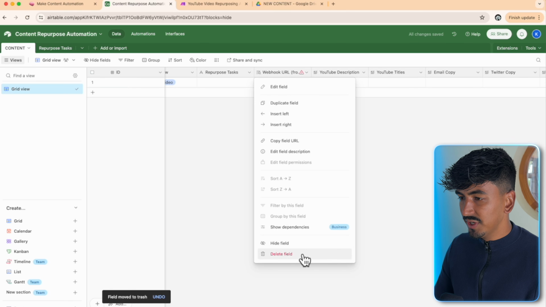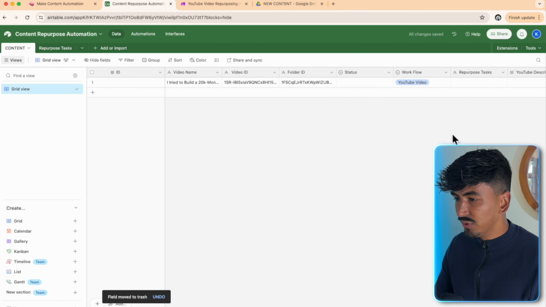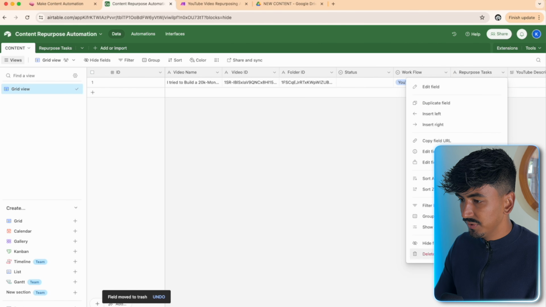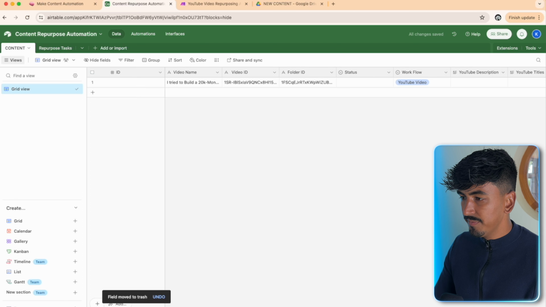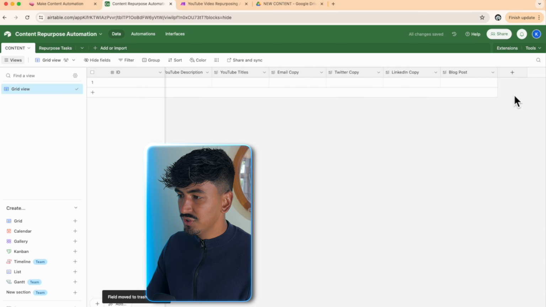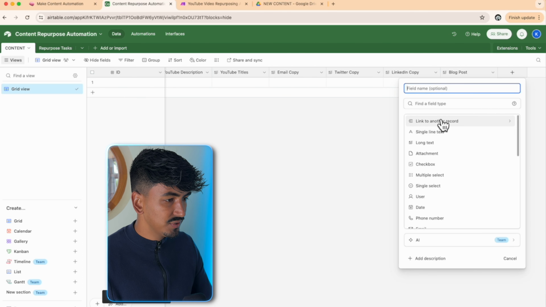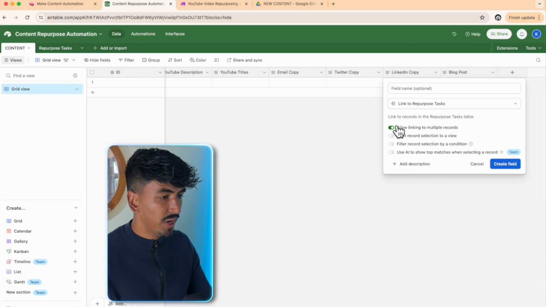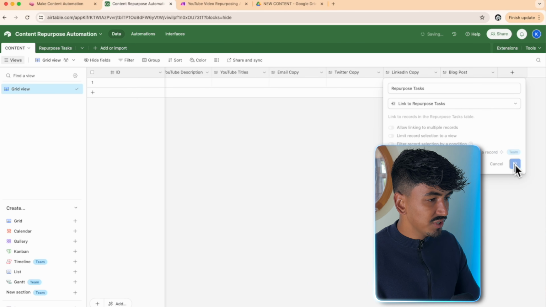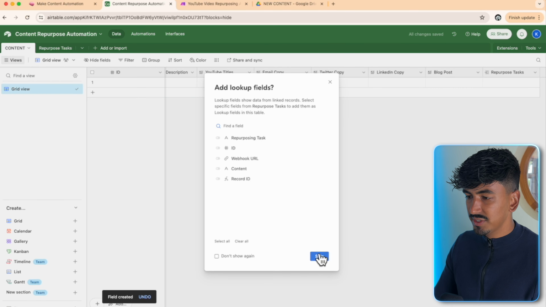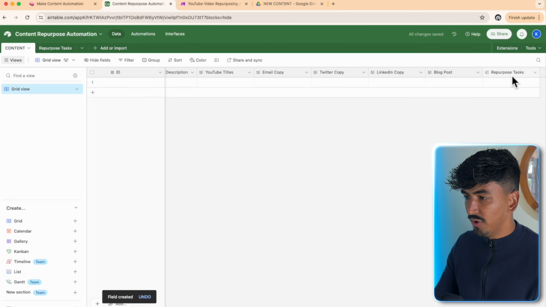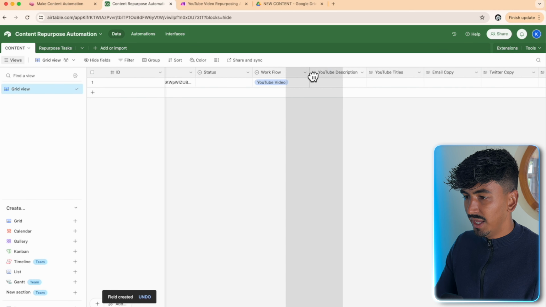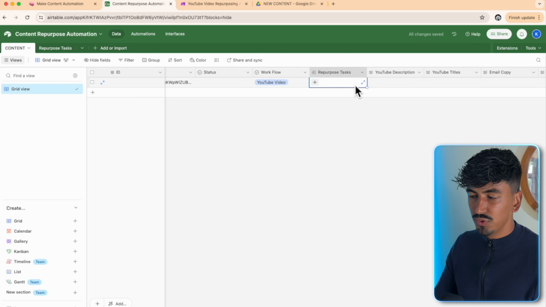So I'm going to delete this field and delete this other field, and also delete the repurpose task field. Then we're going to scroll all the way over to the right, and I'm going to show you how to basically link them. So you just do link to another table and repurpose task. Not really sure what allow linking multiple records does, so I'll just turn that off. Click skip for now for the lookup fields, and then we're going to place this back to where it was